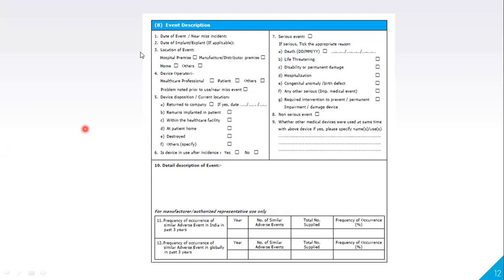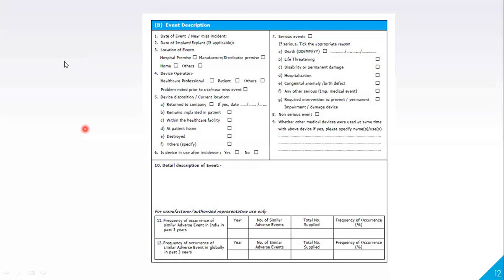Apart from that, the last section, event description, is very, very important. On the first section, general information, we just gave the date of event. Here, everything you should mention is under event details, right?